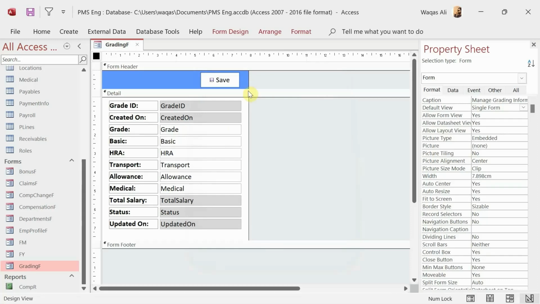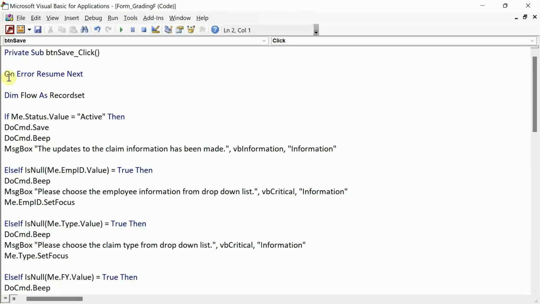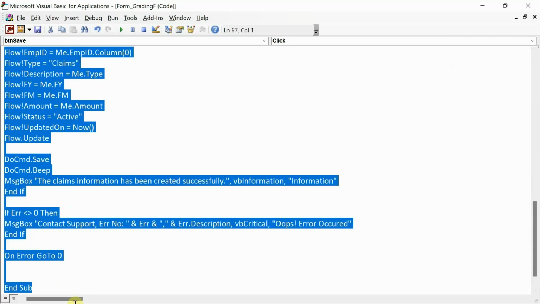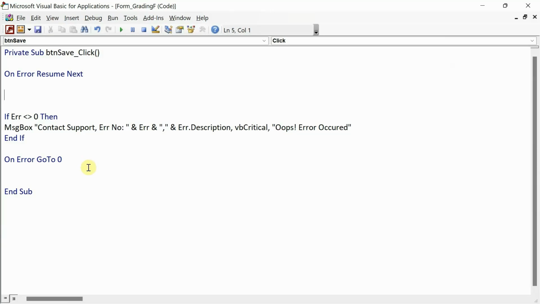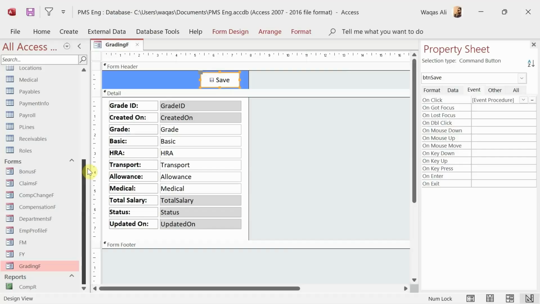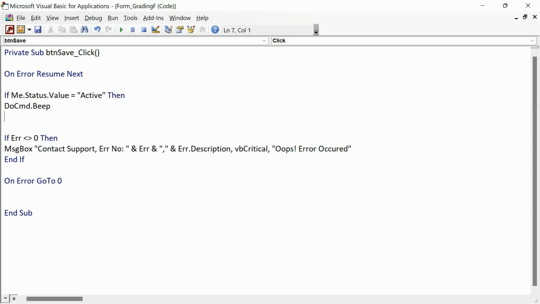Let's go to the design view. I'll click on the save button, the event tab. You can see there is already a code. I'm going to get rid of the entire code except the error handling. Now let's start coding. If Me.Status.Value is equal to Active, then DoCmd.Beep, MsgBox, the updates to the grading structure